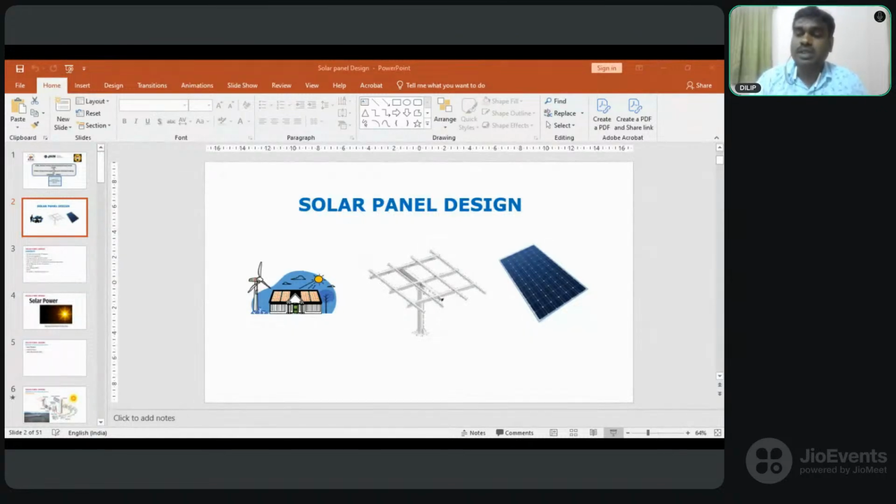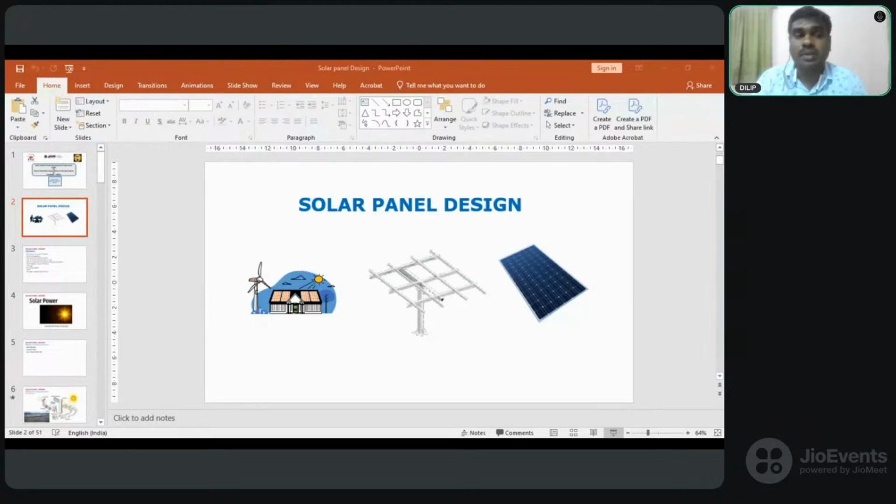From this harvesting, we have mainly different techniques or different methods for the harvesting of solar power. So what are the different harvesting methods? Mainly we have the solar thermal method, the chemical solar method of harvesting, and also solar photovoltaic harvesting. So what are the things generally